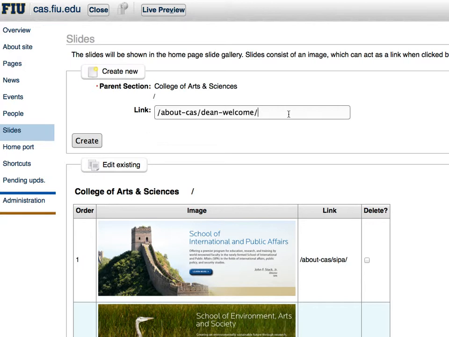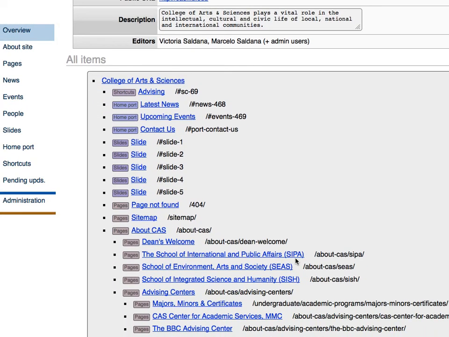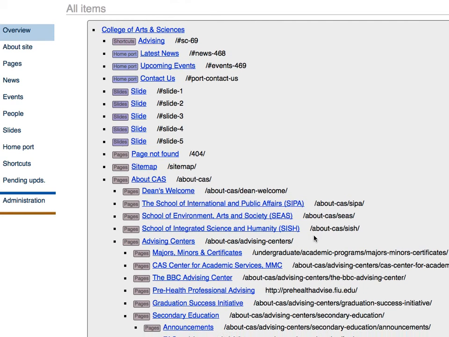And if you don't know what page you want to link to, you can use the overview section. We'll click over there real quick. Each page in your site is listed in the overview section, and to the right of the page, you will find the internal address of that page. So you can use this as the link in your slide creation. So let's go back over to slides,